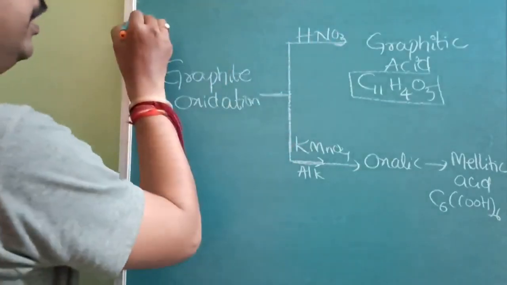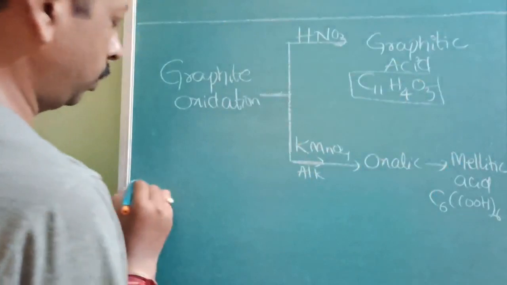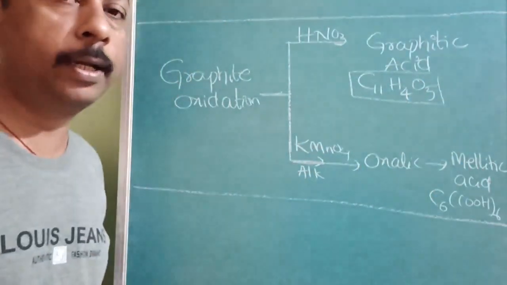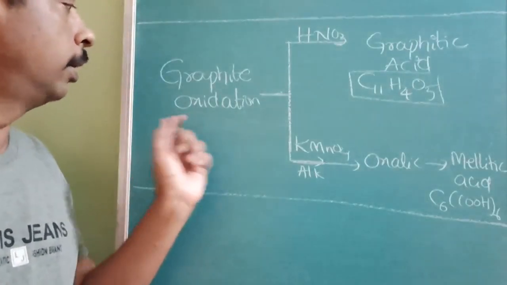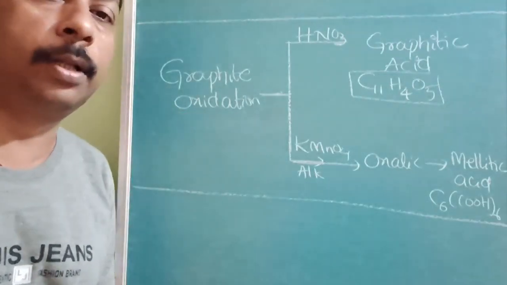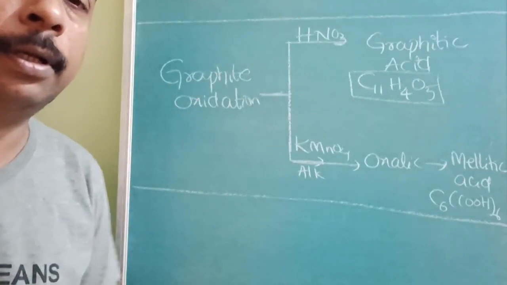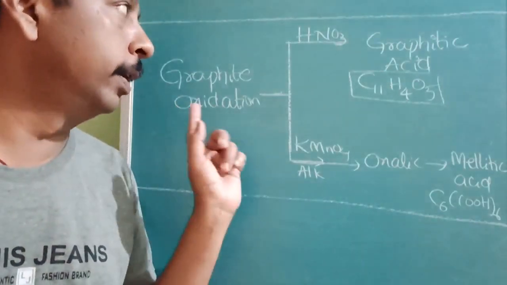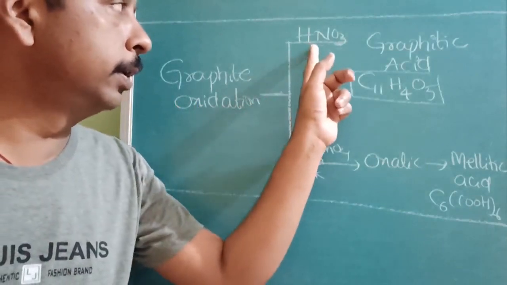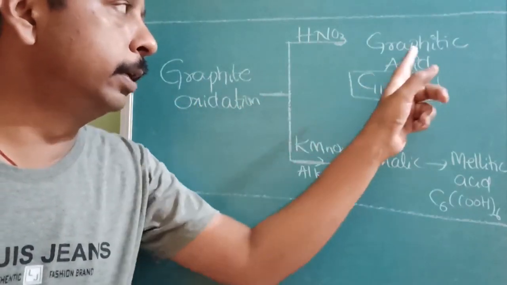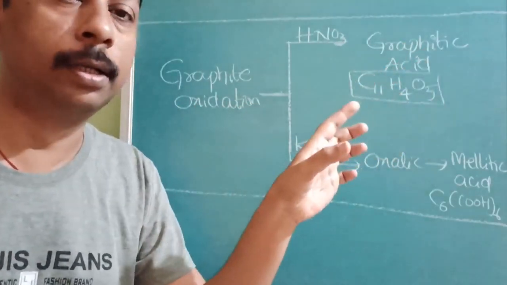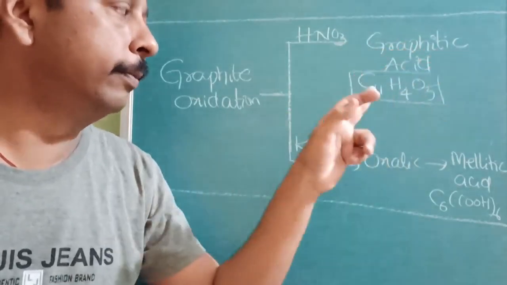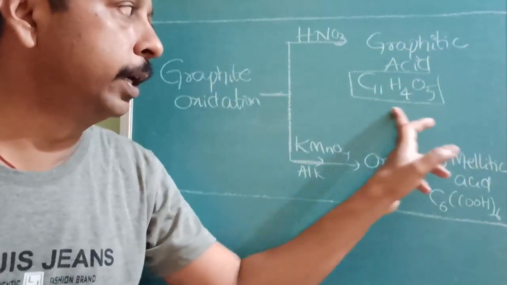Okay, a very important advanced topic. I have not covered it in the mains because it is a very important topic and requires special attention. Oxidation of graphite. Among the allotropic forms, the one that can better undergo oxidation is graphite. When it is oxidized by nitric acid, it undergoes slow oxidation. What is formed is graphitic acid, whose formula is